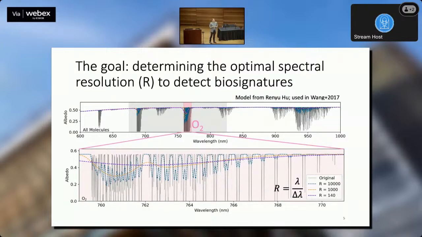And that has several advantages. First, there's just more information, so there's more signal. But also, it allows you to reject more of the background light, let's say the exozodi or the residual starlight, because the light in between spectral features doesn't matter effectively. Of course, when we go to high spectral resolution, we also spread the light over more detector pixels, so detector noise is going to be more important. So there's going to be a trade-off.